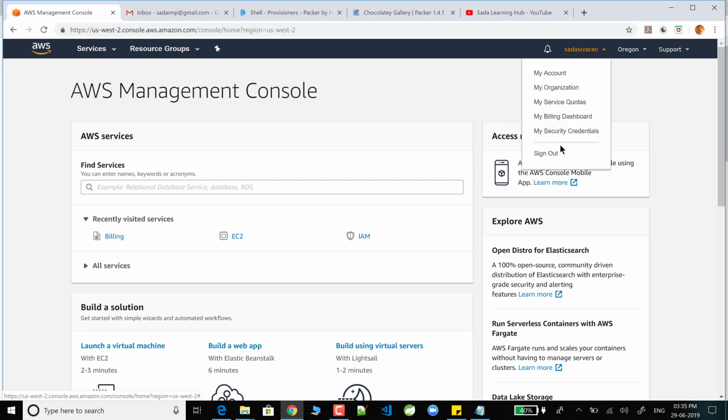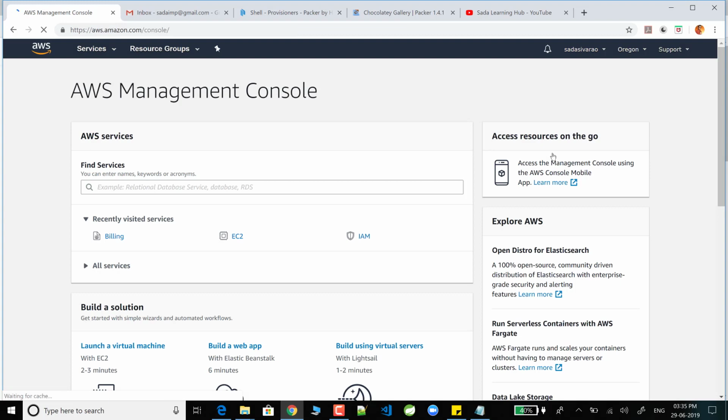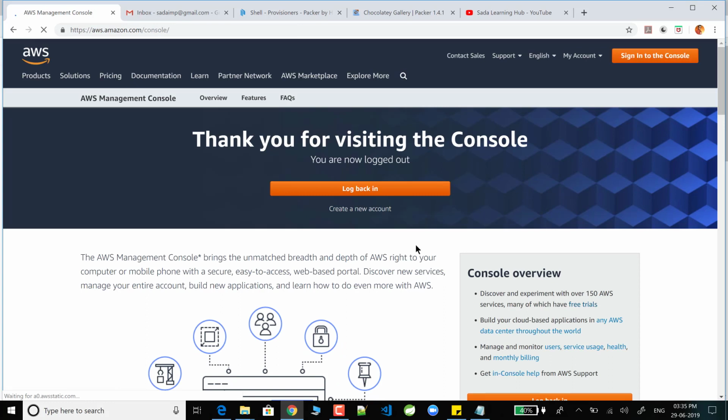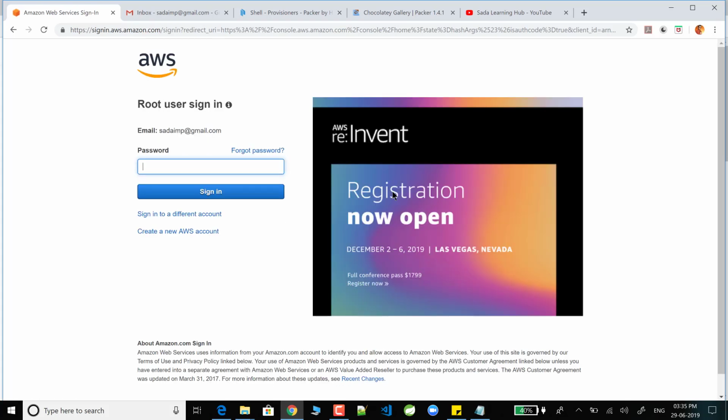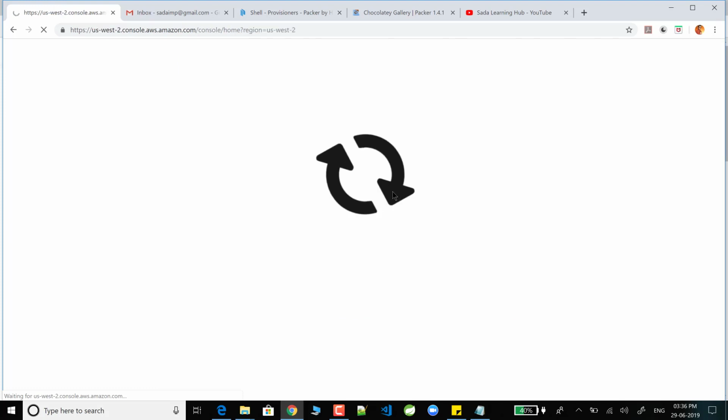First I will log out of my account. I will come from sign in, login onwards. Now I'm going to log in to my account here. This is my login. I created a free tier account in Amazon. If you want, you can create a free tier account. For the first 12 months, they are going to give a free tier. After that, they are going to charge. Now my first step is completed: log into my account.